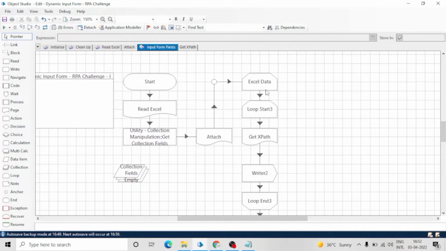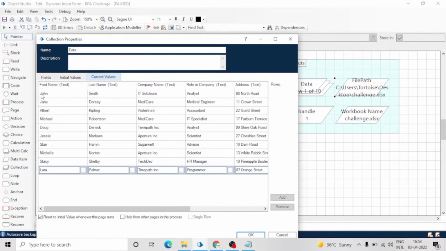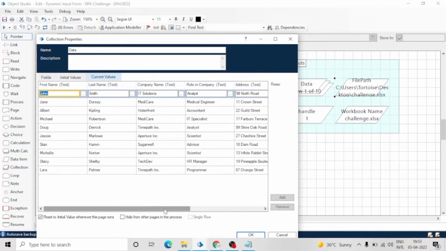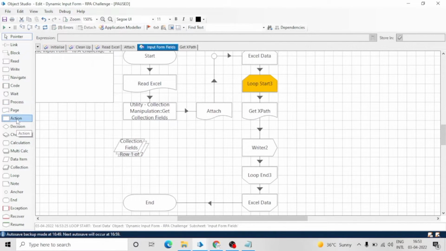We need to take the data from the Excel sheet instead of typing hello. So for this we will take the data from the collection which is data collection, and we need the data of a particular field. First loop will give us our Excel row, and second loop will traverse each field of that row. So if it is first name, then we have to put John, and similarly if it is last name we have to put Smith. So we will use an action which will give the value of a particular field. Let's take an action stage